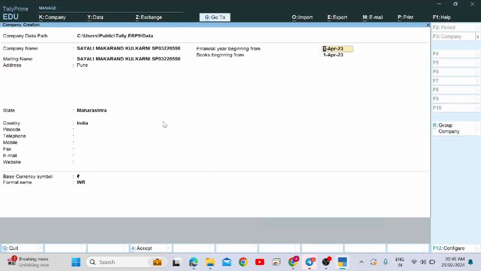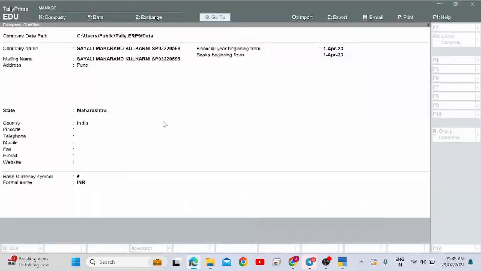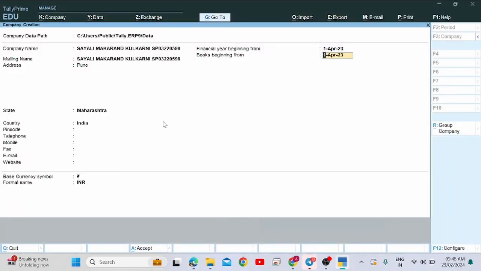This is the correct day, whatever Tally has given, that is correct, therefore don't change it. If you don't have 1423, then make sure that you write there 1423, right? 14, and books also begin from 1423, that means this is the date of the first day of your company. In this financial year our books begin, first day of books begin is 14, so that 14 is